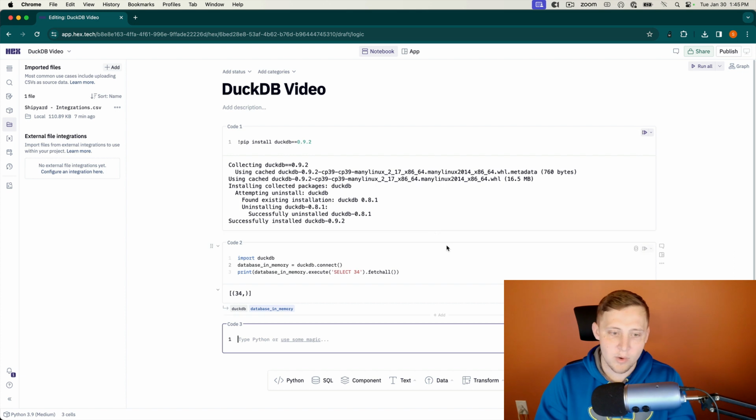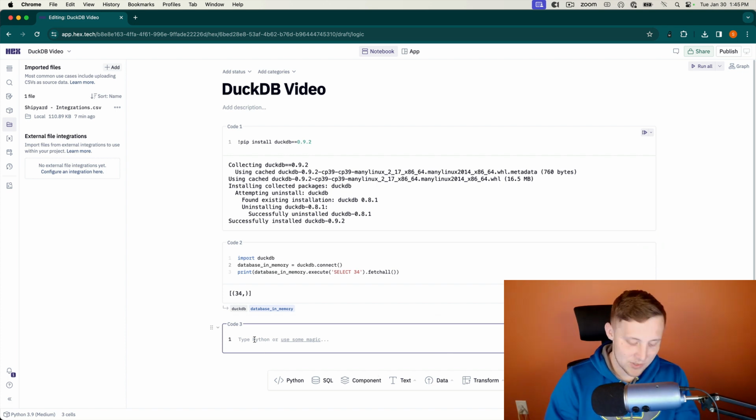There we go. Okay, cool. There you go. You can see it printed. It just selected 34. Pretty simple stuff there, right? So the next thing we're going to do is read a CSV in. So we're going to use DuckDB.read_csv. If you're familiar with pandas, pretty similar